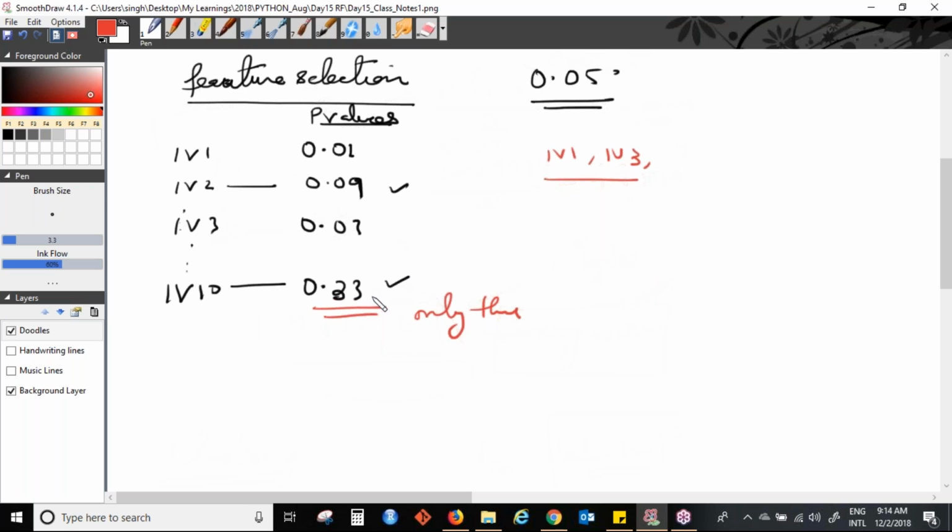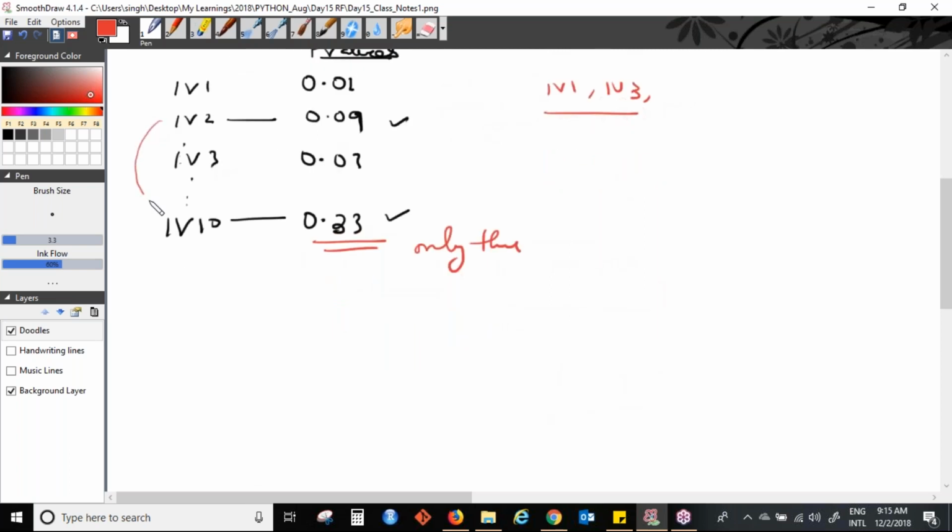Why will I not remove both of them? Because sometimes there is interaction between these two, and that is why both of them are coming as not important. But if you remove one of them, the other one might become important. You never know. So let's say if I remove this and run it again, then I will have IV1, IV2, and IV3 only till IV9. Now if you see the p values, this will be 0.01, this will be 0.03, and these are some numbers. Now this might become 0.01.